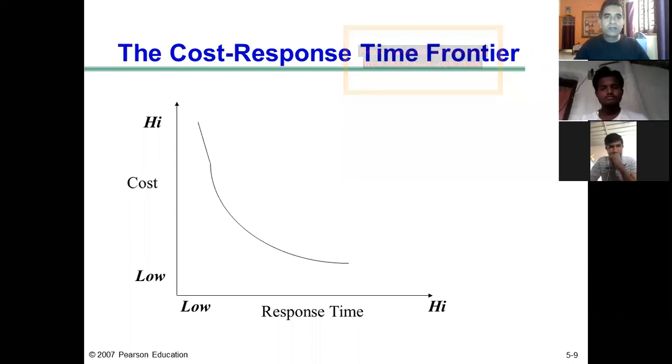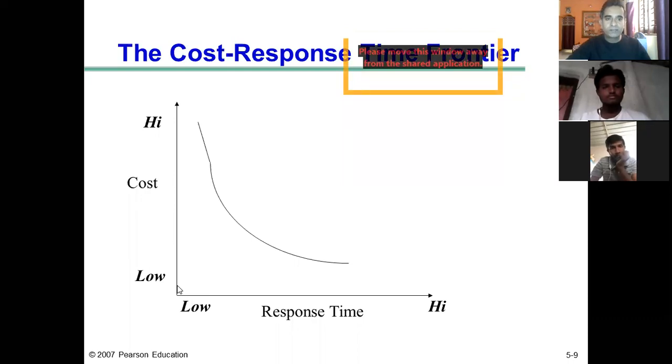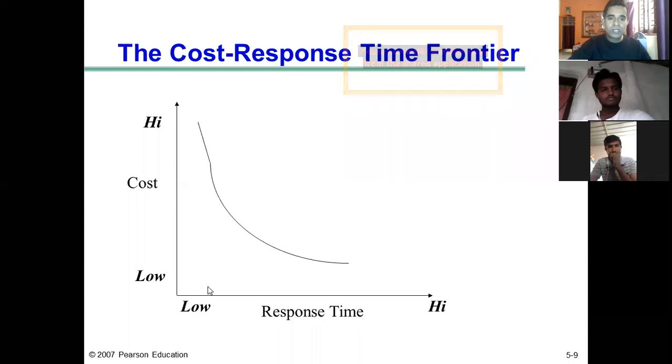So today first we learn the relationship between cost and response time. So along y-axis, it is the cost. From this point, it goes on increasing, low to high. And along x-axis, the response time is measured. So it goes on increasing from left to right, low to high. So what we can see here is, with lower response time or shorter response time means quicker delivery. So with quicker delivery, the cost also will be higher.